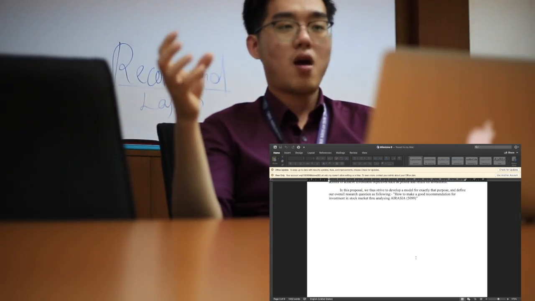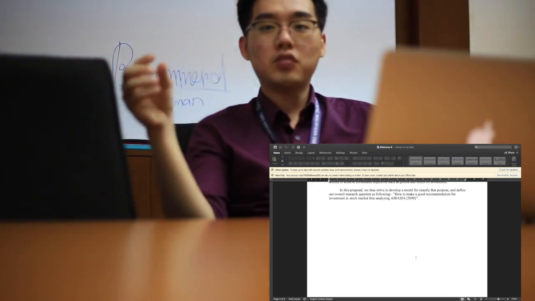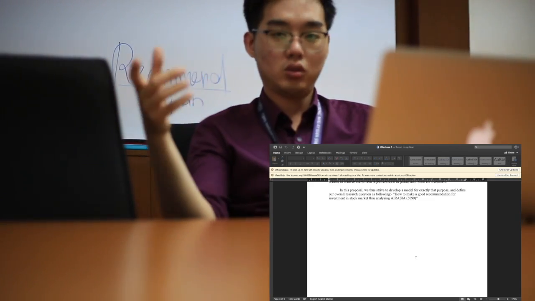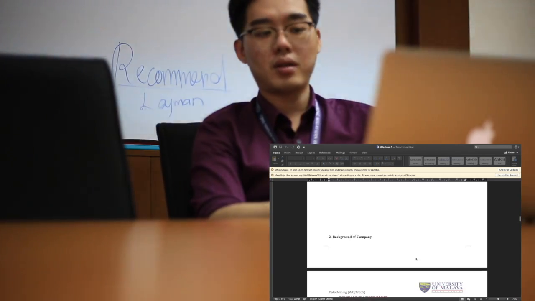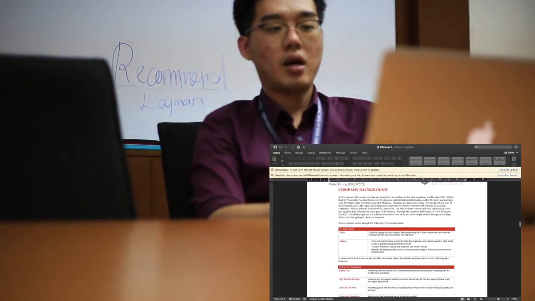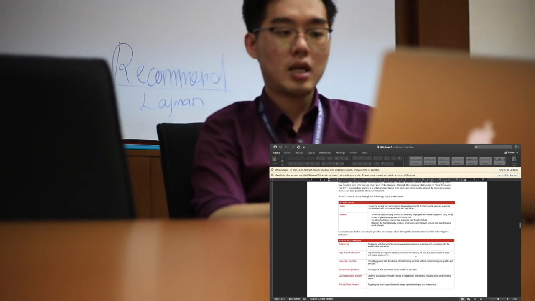Then we will try to find out those stocks related to AirAsia and how their performance is. If their related performance is good, it means we can invest in the related stock. So it's a co-movement. So this is the background of the company. AirAsia is one of the award-winning companies. It's a budget airline, with its vision, mission, and all of its